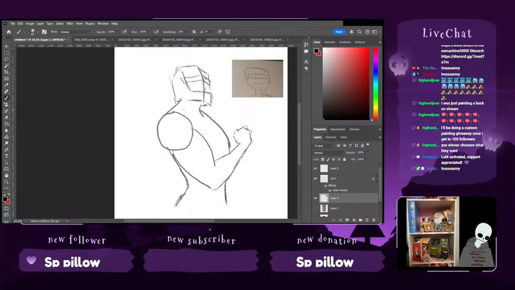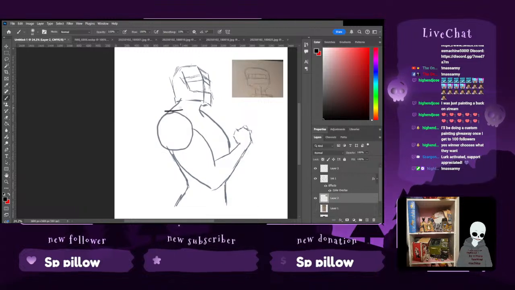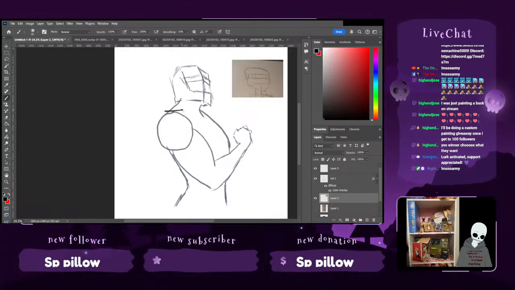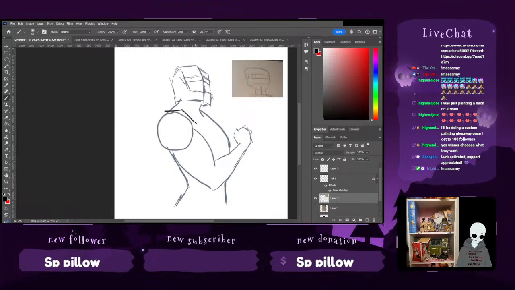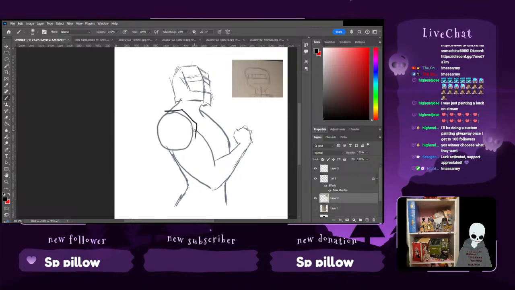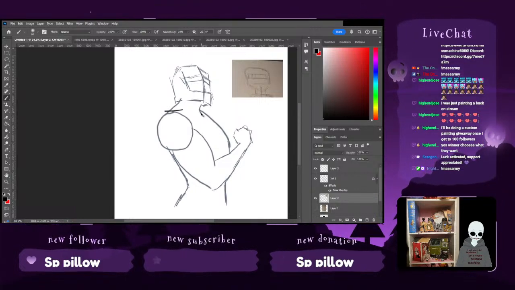So I think first of all, we'll start with this shoulder because I really did like the idea of having these massive kind of angular shoulders.